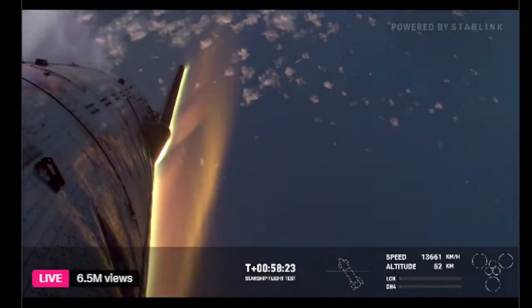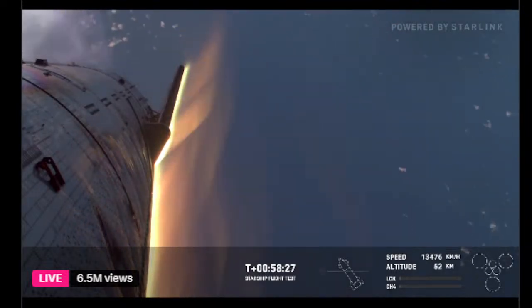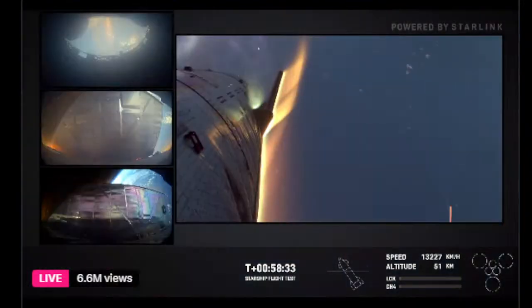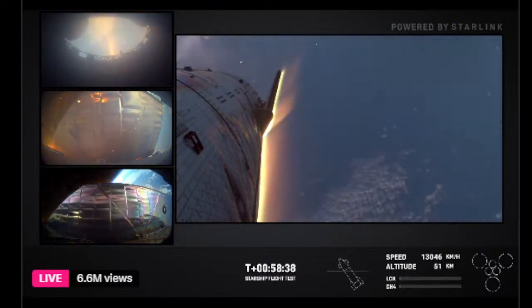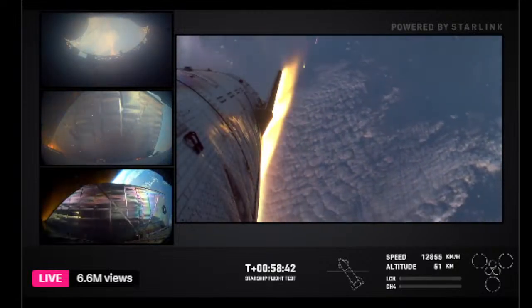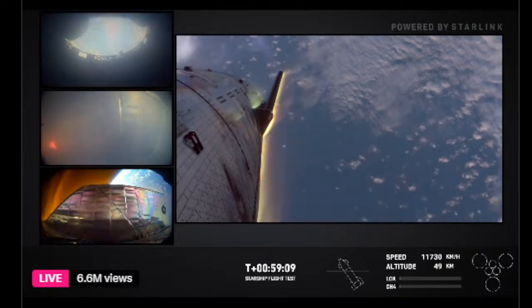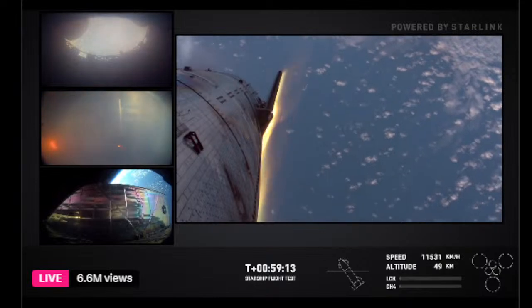We can see these beautiful views of planet Earth coming in. Yeah, this is very different, where we had nighttime views of the ship as it was re-entering, and now we've got daylight. It is about an hour or so after sunrise there in the Indian Ocean, so pretty cool to see this. It might not seem like it makes a huge difference, but we do get a little bit more light on ship as well for the camera views that we have, which is very beneficial for us to visually see anything and try and correlate that to any of the sensors or data that we have on